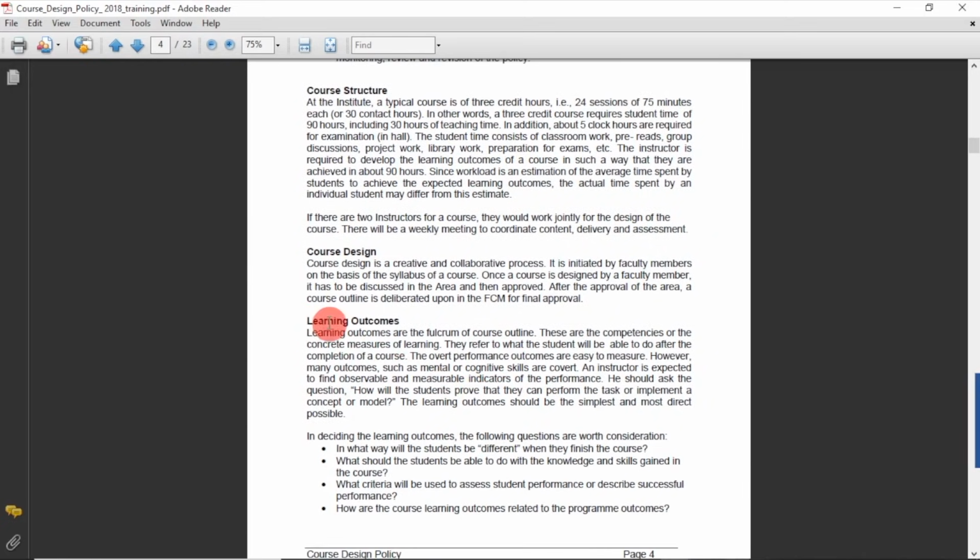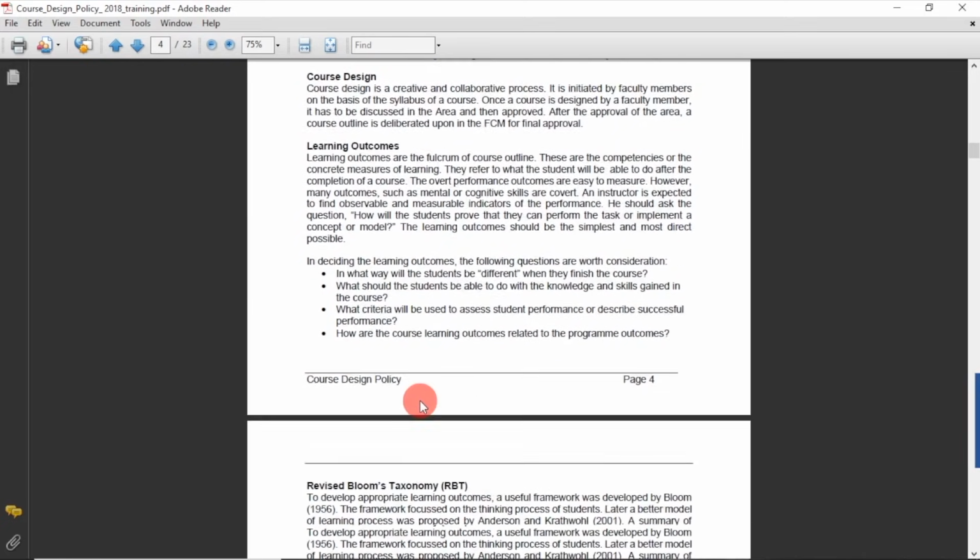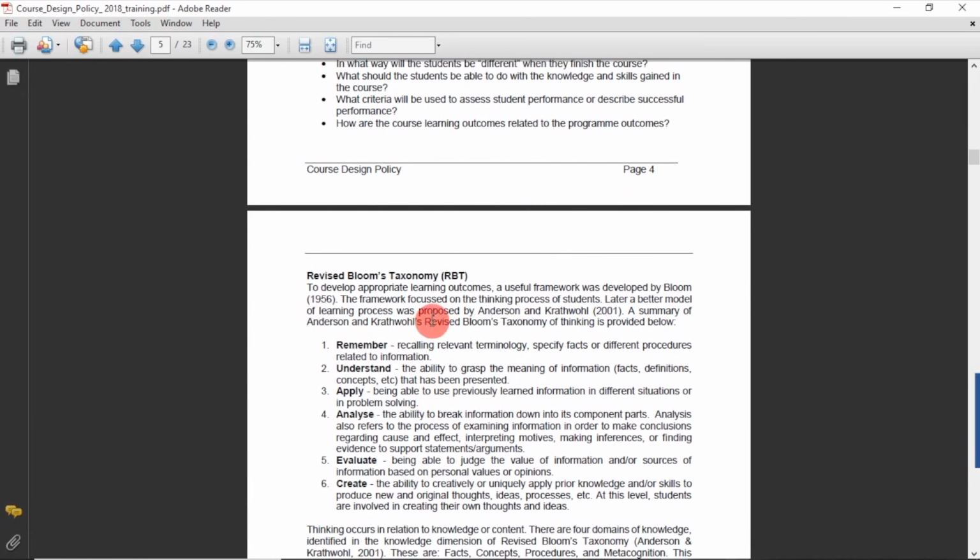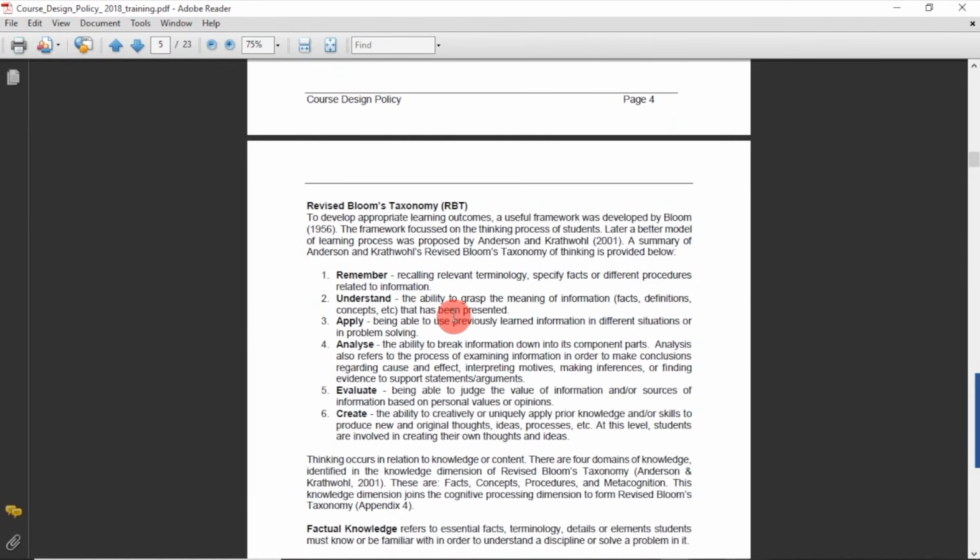Nowadays the focus is on learning outcomes, so we emphasized on learning outcomes, and then we talked of the Bloom's taxonomy, which I discussed in my previous session. And you will find that through this particular course design policy I'll be talking of another taxonomy, which was the development of a revised Bloom's taxonomy. So it was revised by Rothwell and Anderson, but was basically based on the revision of the Bloom's taxonomy, which was developed in 1956. So in 2001, a revision of Bloom's taxonomy was given. So through this document, you will be able to understand that revision also.